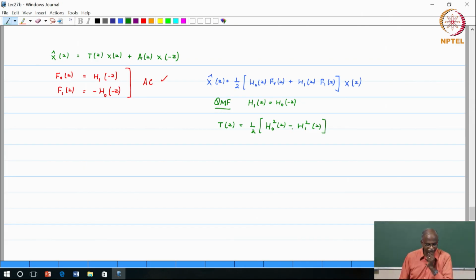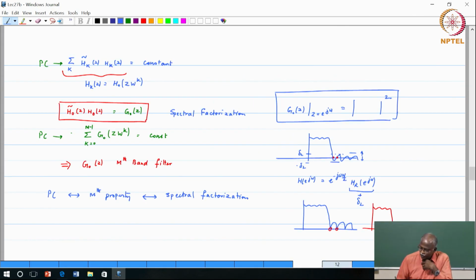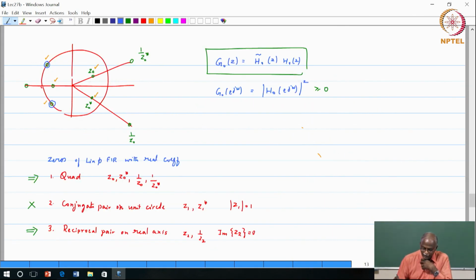We got this expression, and at the time that we were working with linear phase, we said we would take a type 2 linear phase. Type 2 linear phase means odd order, even symmetry, that is the type that we are working with, and we showed that we can rewrite this in the following form, where